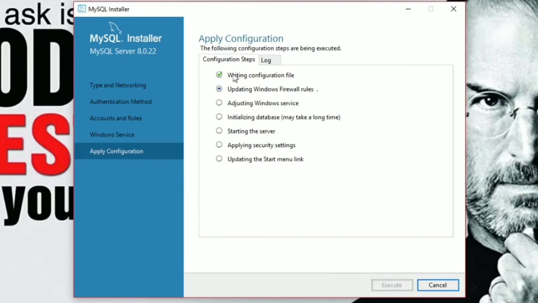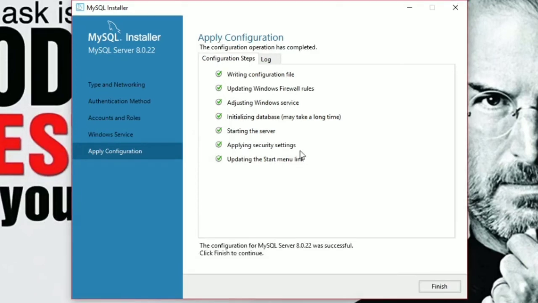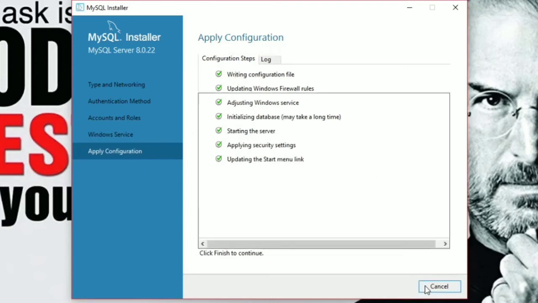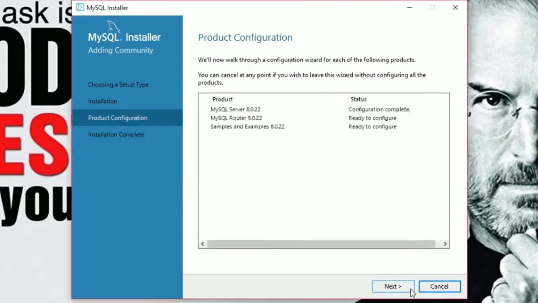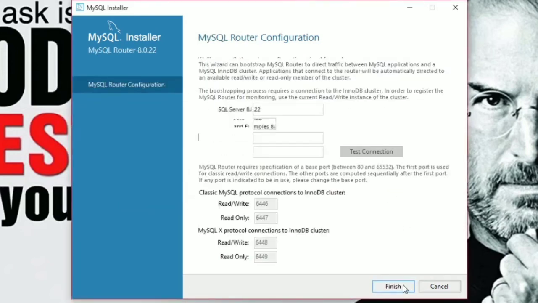It executes one by one. It takes about 1 minute to execute all these things. Once you execute all this, then you have to click finish. Do you want to cancel adding the product? Click no. Click next.